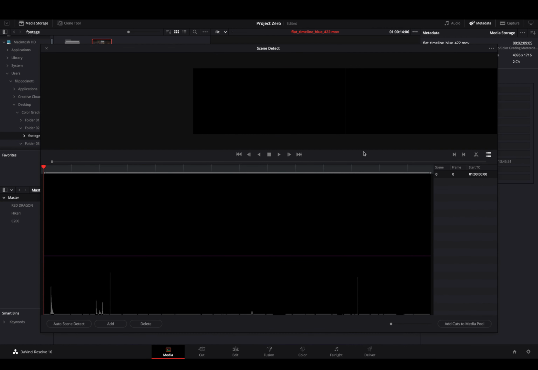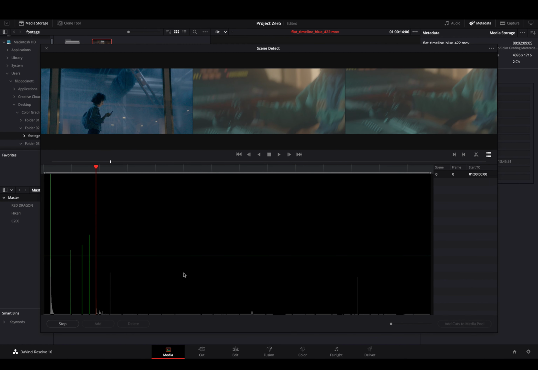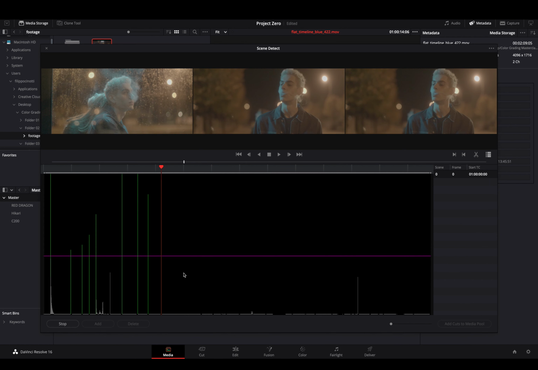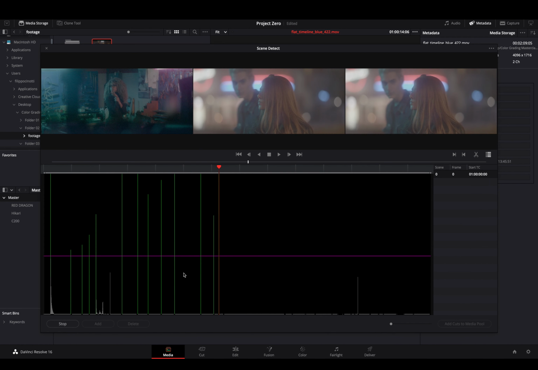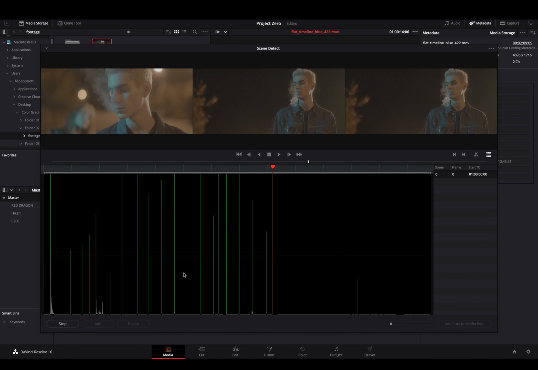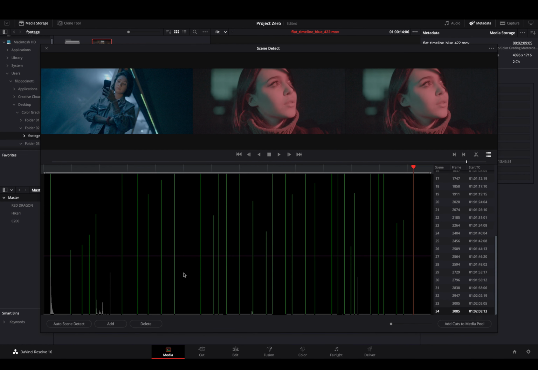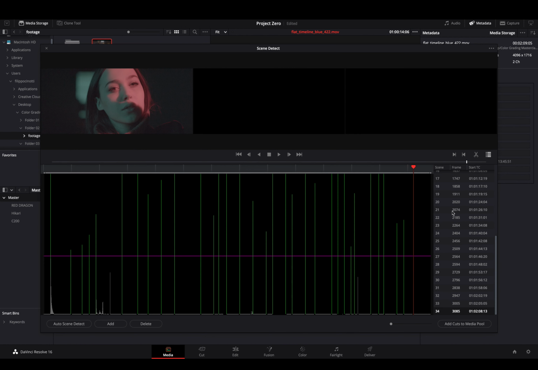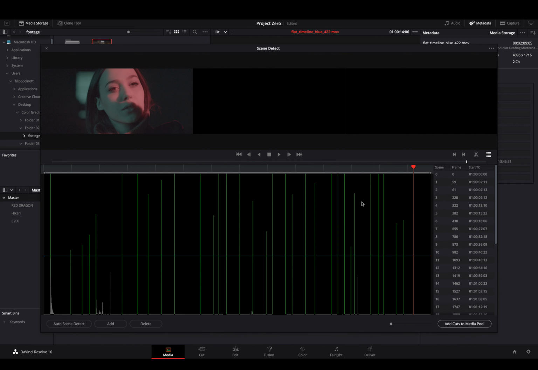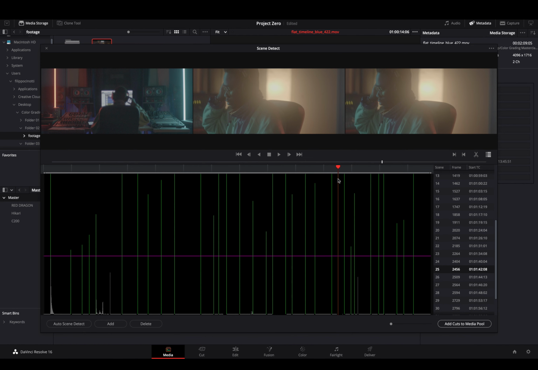By opening up scene cut detection, you just have to press auto scene detect, and the program will go through my main file and detect all the cuts from the original file. And the cool thing about this is that it's basically saying to me, hey, we have 34 cuts, and that's the timeline code. These are the reference frames, and you can just drag all these points,